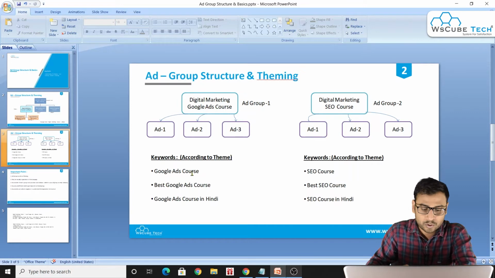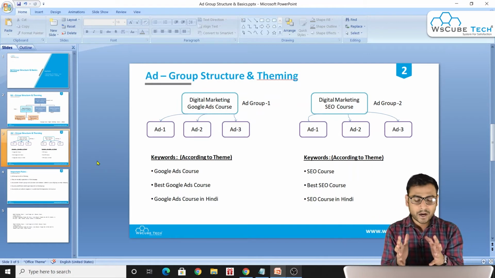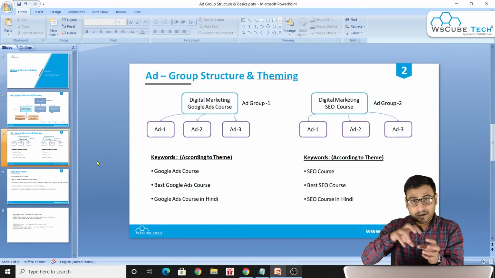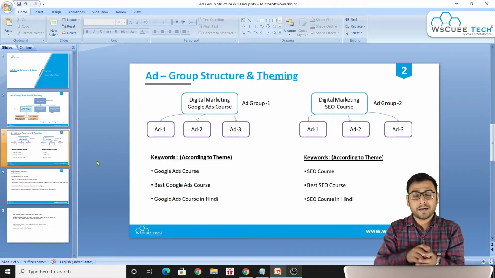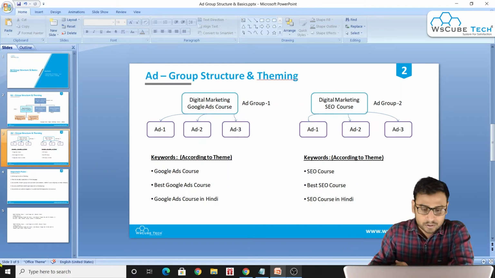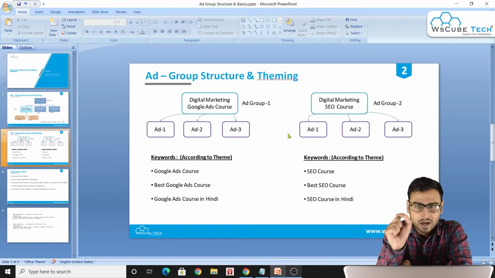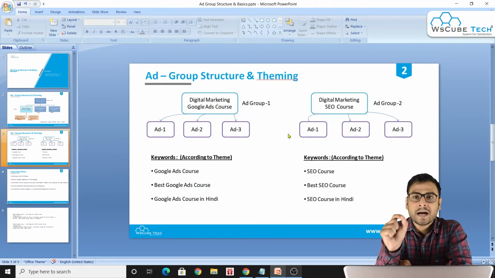Whatever keywords you have selected, you have to use those keywords in your ad copy. That will increase your relevancy. That is why we keep all similar keywords in a single ad group, so that we can relate them with whatever ad we are going to create in our ad group.